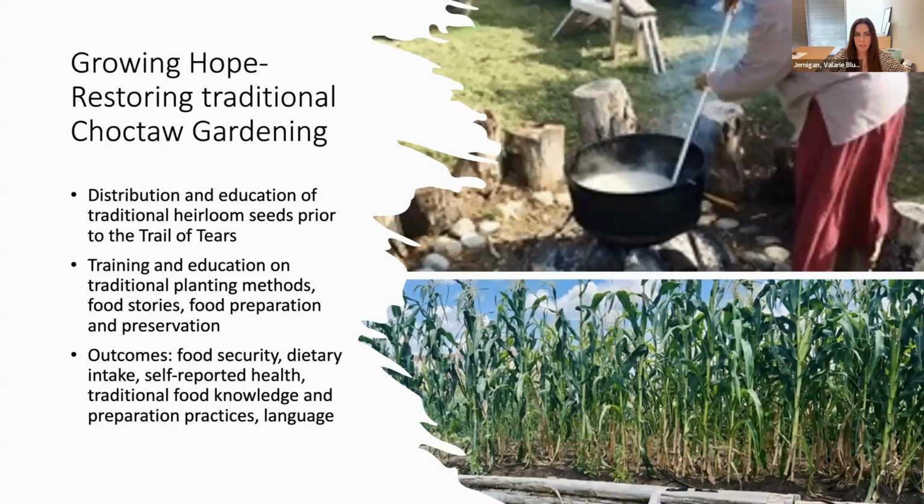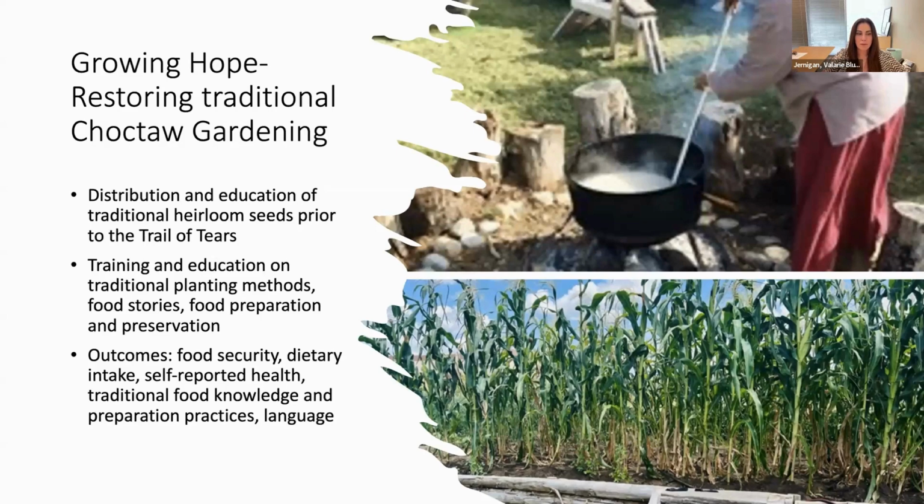Well, I'm going to share a couple of examples to wrap up the presentation. The first is Growing Hope, which is the initiative being implemented by the Choctaw Nation of Oklahoma, which is my tribe. And they are restoring traditional Choctaw gardening practices. So one of the key